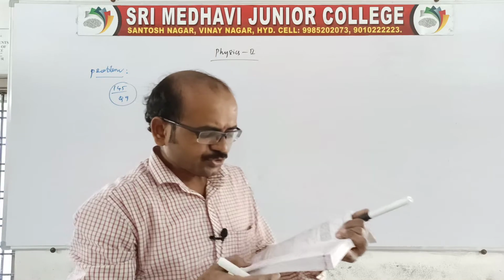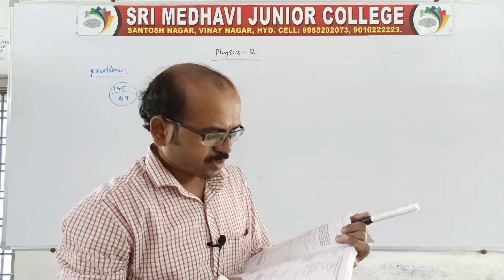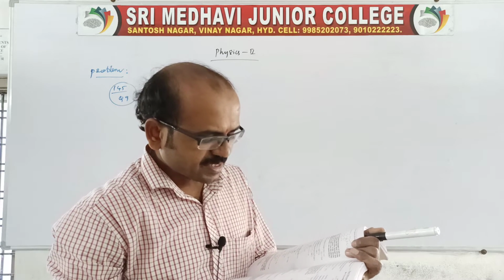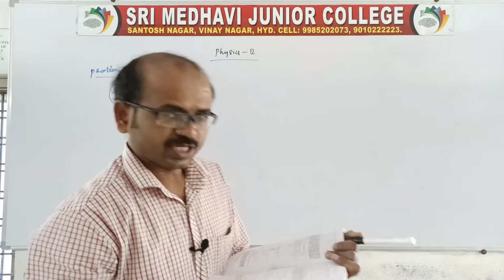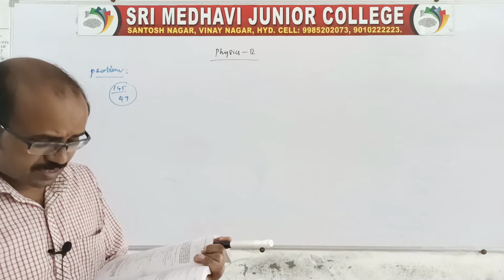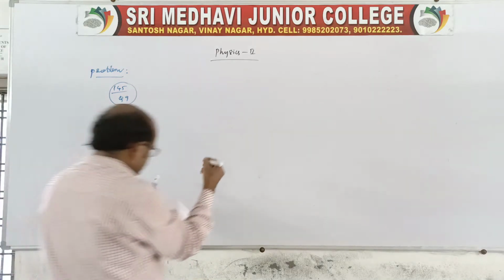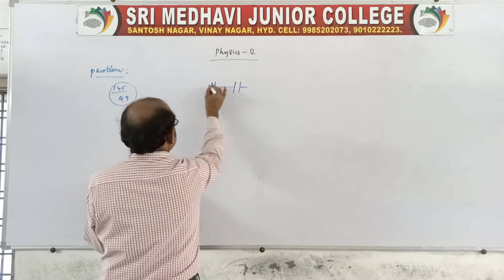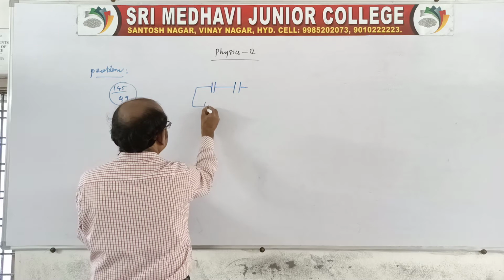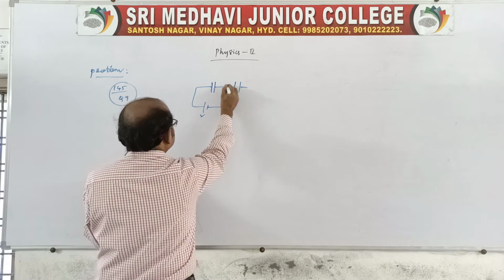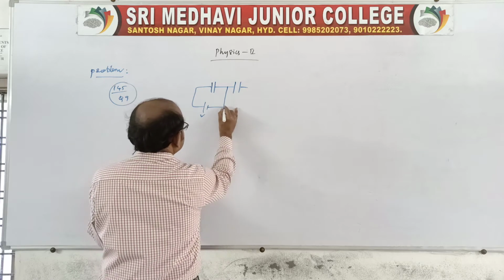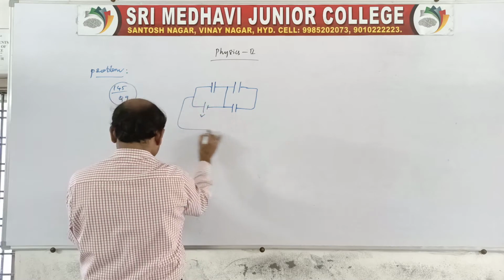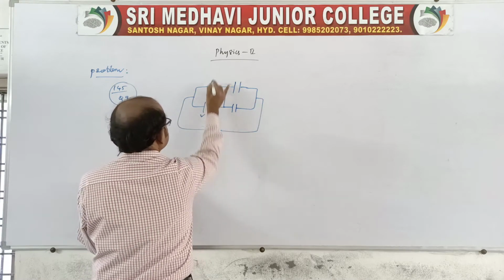In the circuit shown, the battery of V volts has no internal resistance, and all three condensers are equal in capacitance. Find the condenser that carries more charge. Draw the diagram as it is given, so that we can understand it very easily. There is a battery connected like this, V, and it is joined like this with one conducting wire. This is C, C, C.